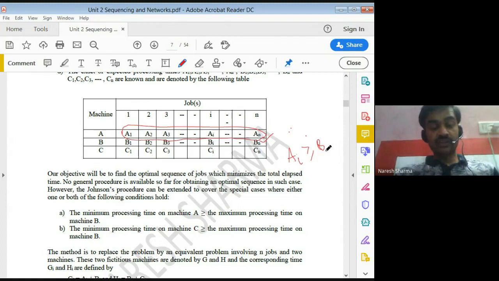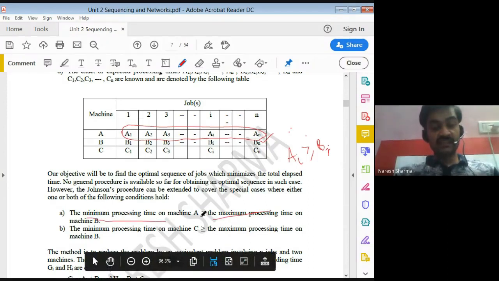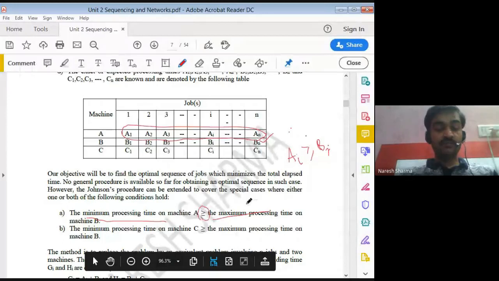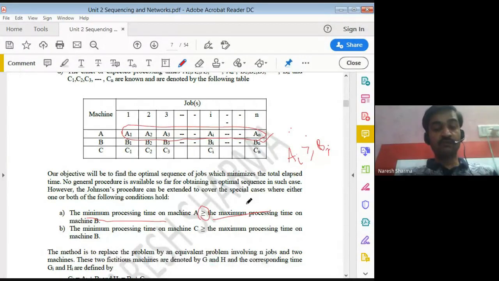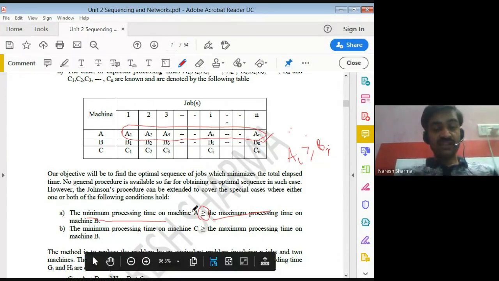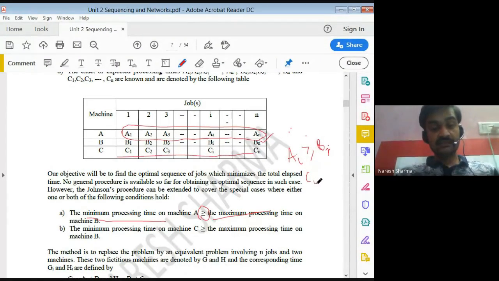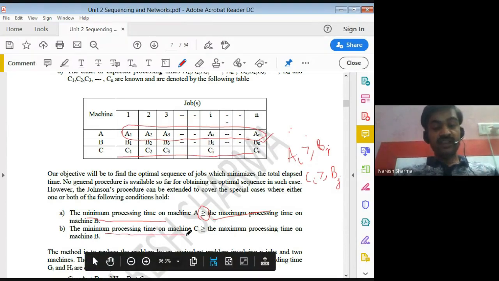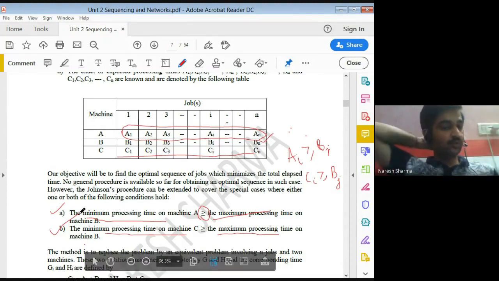If the maximum of all the B's and the minimum of all the A's satisfy the condition, that is, minimum processing time on machine A greater than or equal to maximum processing time on machine B, or we have one more condition: the minimum of all the C's, suppose that is Ci, is greater than or equal to the maximum of B. Any one of them, if satisfied, we can convert the three machine problem into a two machine problem.